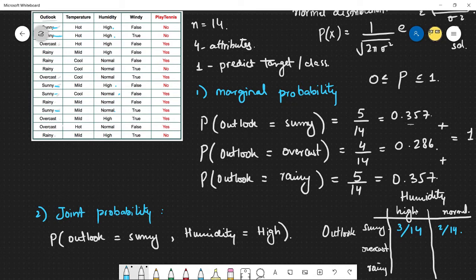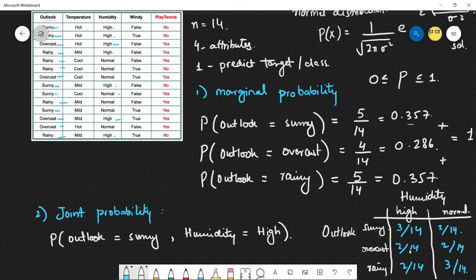was overcast and the humidity was high. So 1, 2, 3, 4 overcast, of which we have 1 high, 2 high, and then the other 2 are normal. And then same thing for rainy, so 1, 2, 3, 4, 5 data points. We're going to say 1 high and 2 high here. So 2, and then the remaining 3 are going to come over here, so 3 over